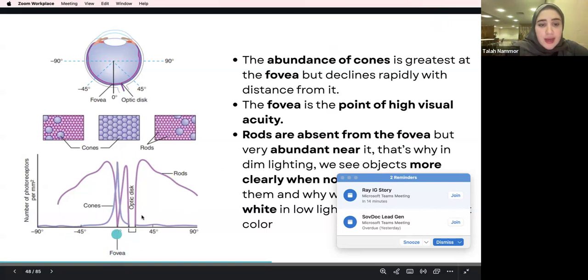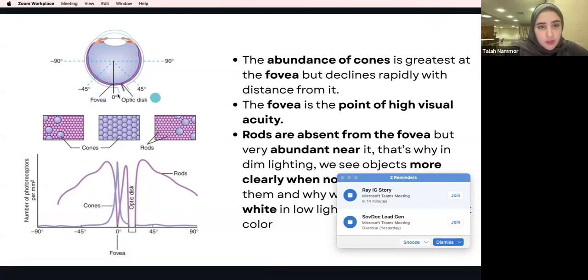Tamam? And the rods are basically higher at the periphery. So basically the rods are found all over, kind of scattered all over. But the cones are concentrated in the fovea. Tamam? And this kind of explains why in the dark, tamam,